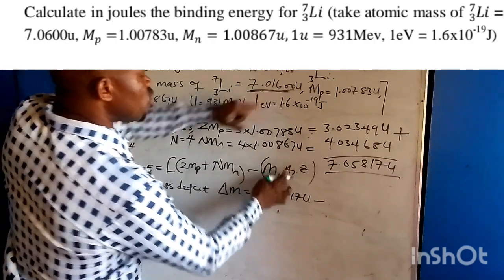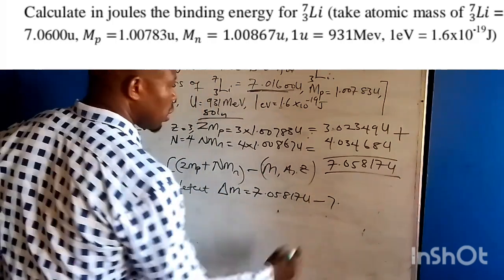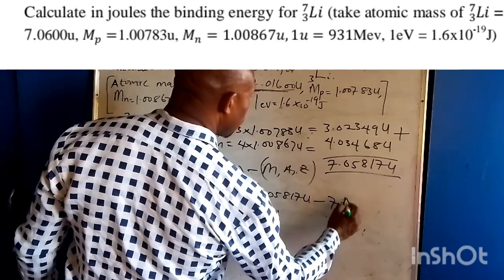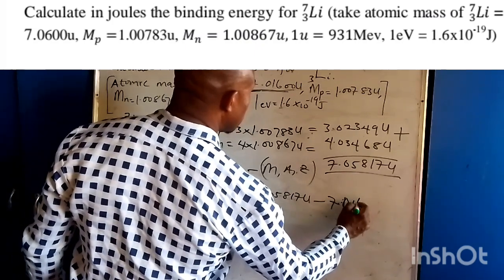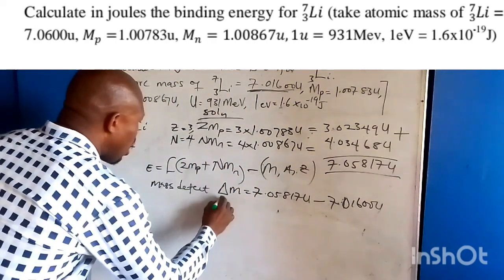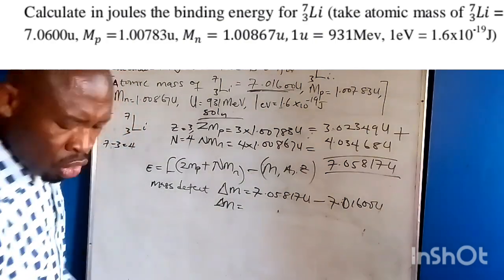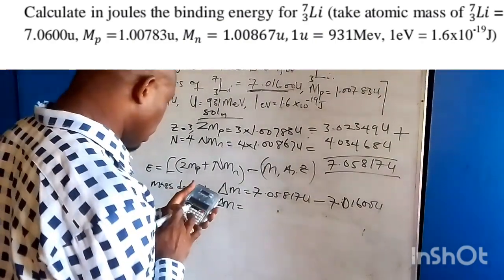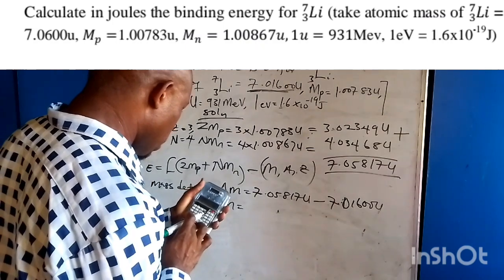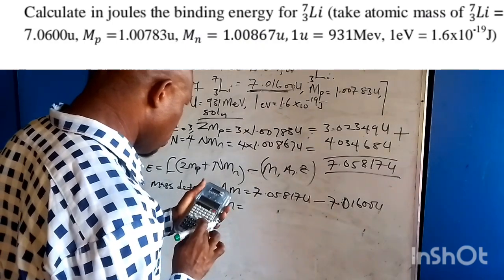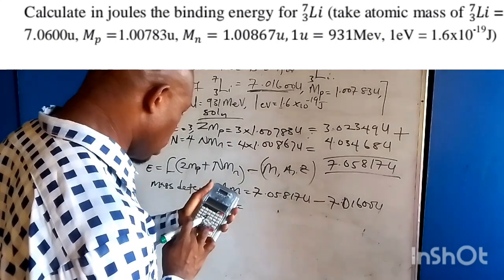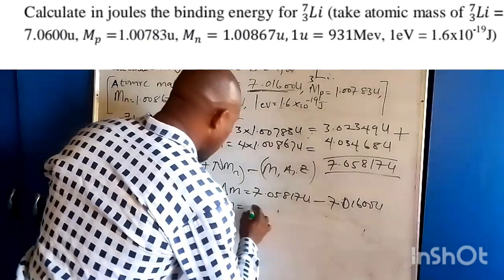The mass of the nucleus was given to us to be 7.01600 U. If we subtract the two, 7.05817 minus 7.01600, our mass defect will give us